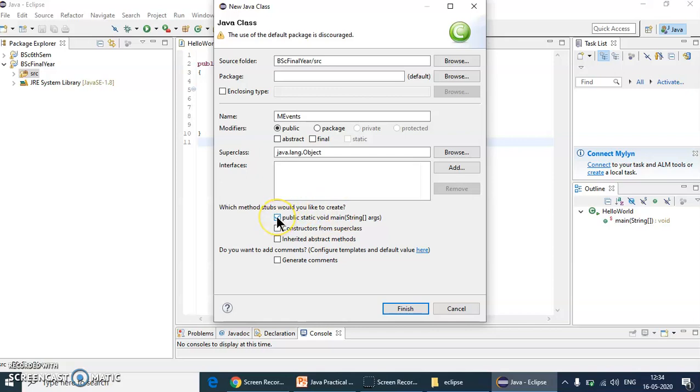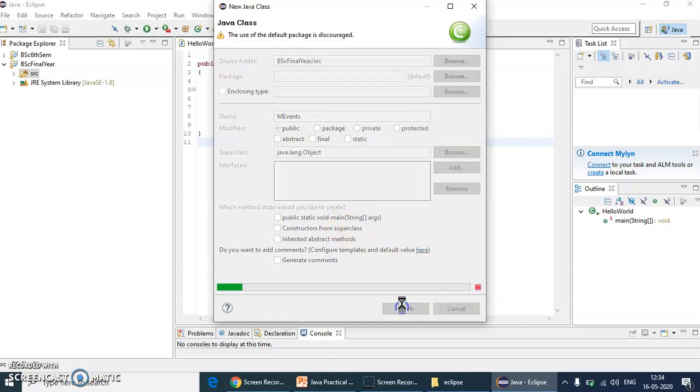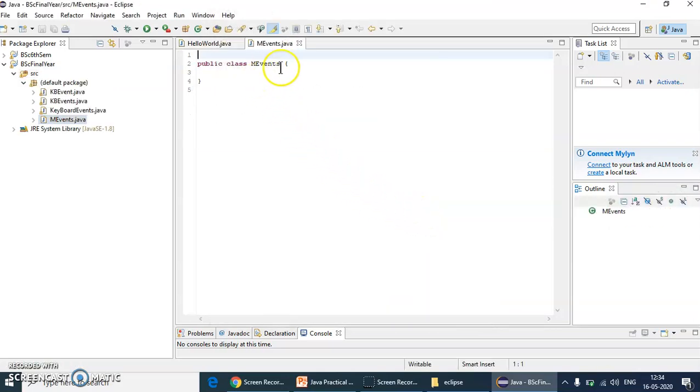This is only for application program. So uncheck this because it is applet program. Click on Finish. MEvents is a class name and MEvents is a file name also. MEvents.java is a file name.